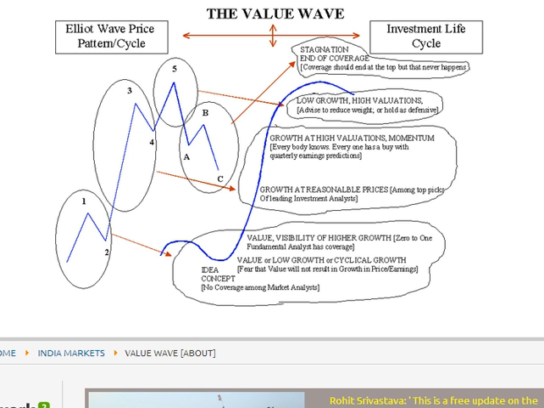The story starts playing out, and what starts as growth at reasonable prices continues till it becomes growth at high valuations. As momentum picks up, everybody latches on to the story and valuations get overpriced. And then you get your wave 4 correction. And finally, because growth still continues, it doesn't really end there. You get low growth, high valuations, and sometimes, like I said,